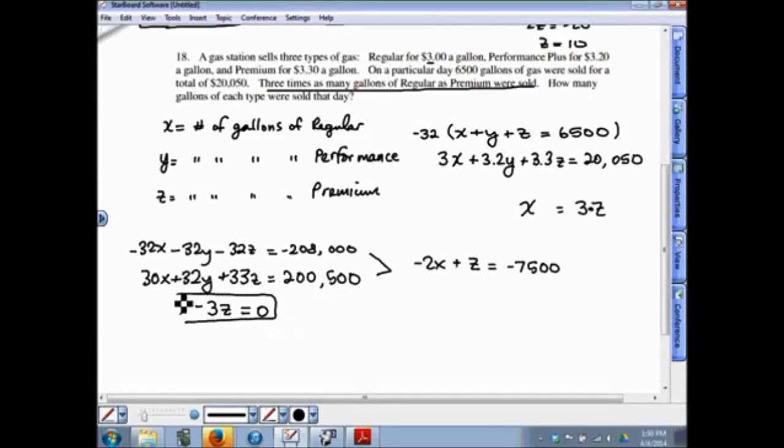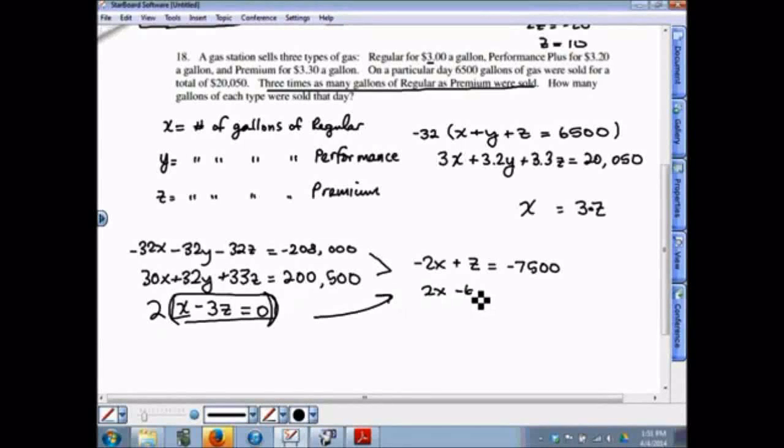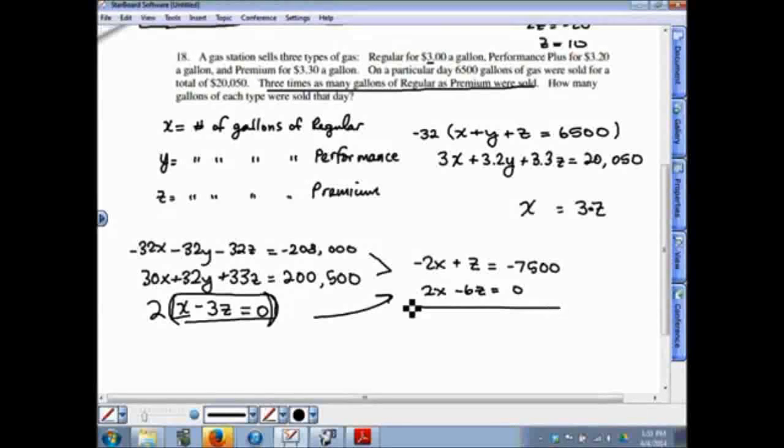If you now combine this equation right there, you have x minus 3z. And actually, what I'm going to do before I do that, I'm going to try to eliminate the x variable, so I'm going to have to go ahead and multiply this equation by 2. And then I'm going to bring it over here, so now it becomes 2x minus 6z equals 0. Add these together, we get negative 5z is equal to negative 7,500. Divide by negative 5, z is equal to 1,500. So that's the number of gallons of premium. 1,500